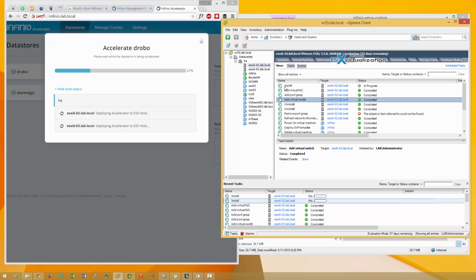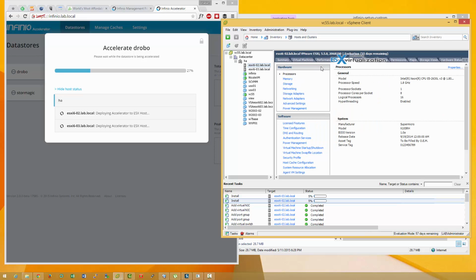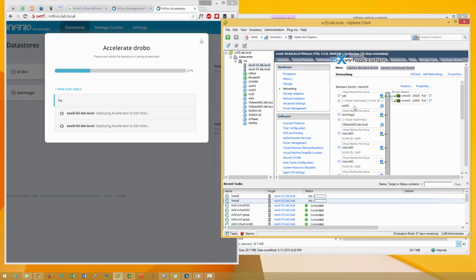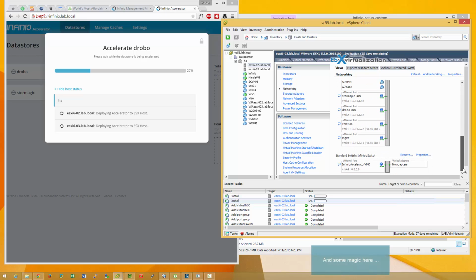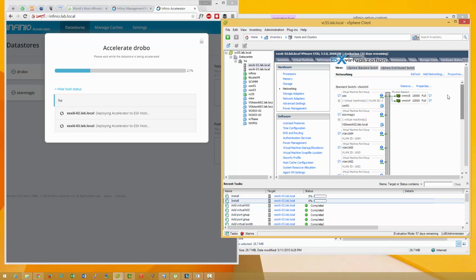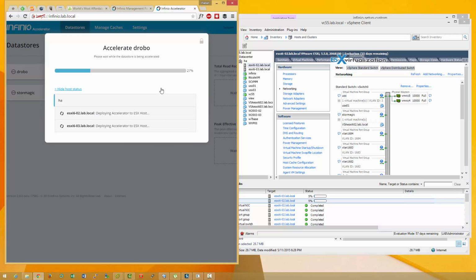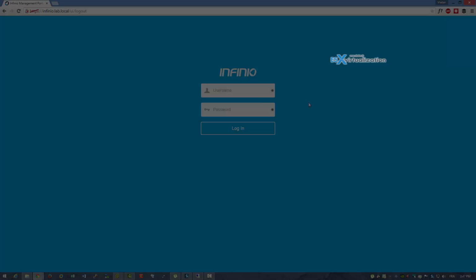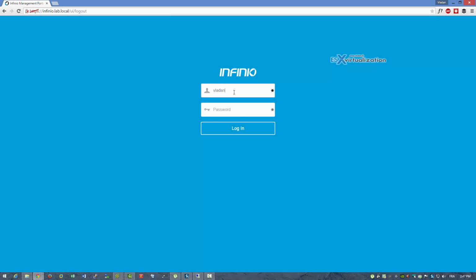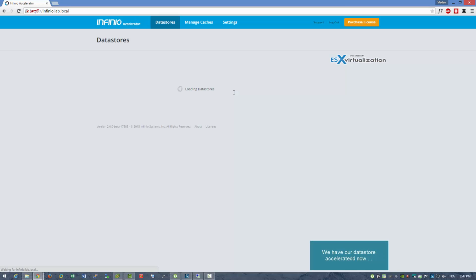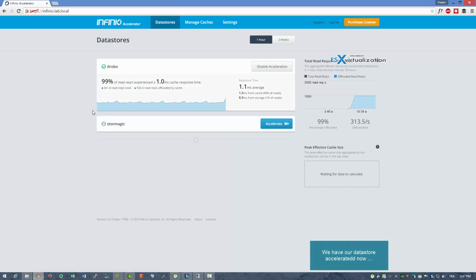So instead of the requests going directly to the SAN, they're going to be cached by those accelerator VMs. It takes a few minutes to deploy and start those VMs. Once done, we can connect to the